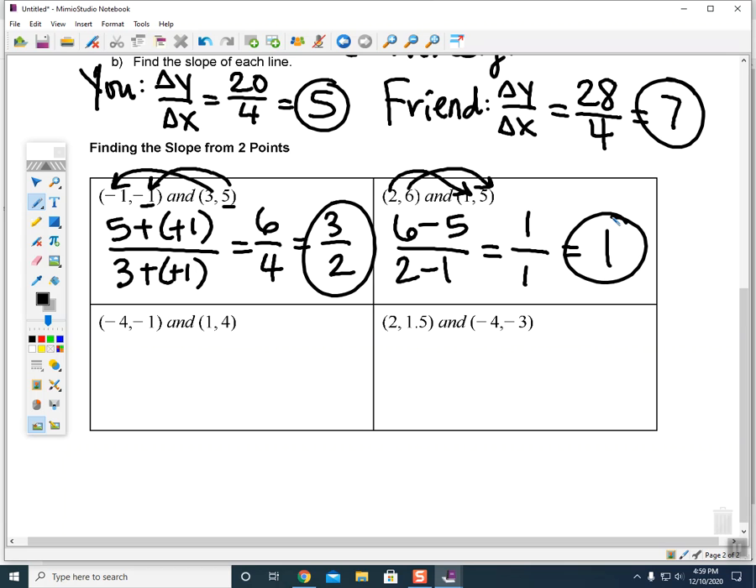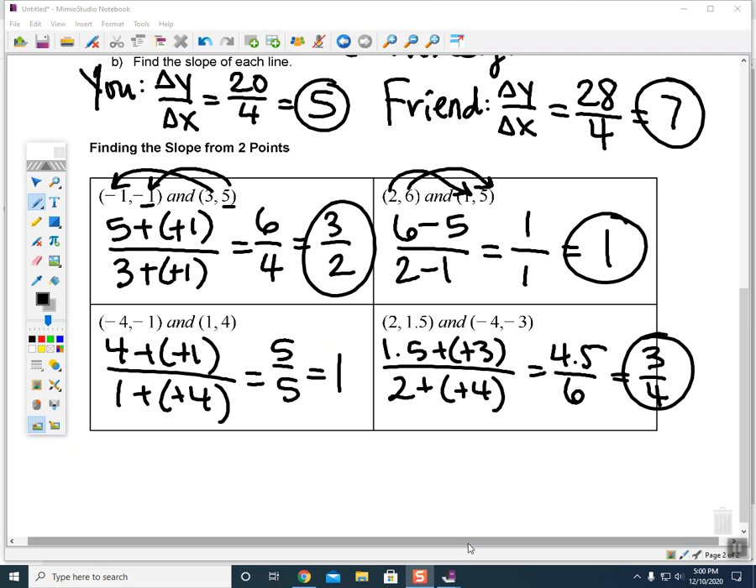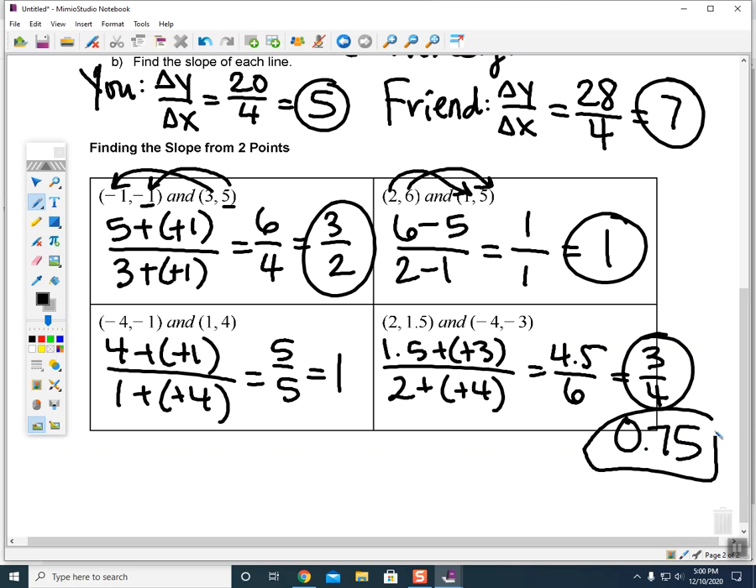Okay, go ahead and do the other two on your own, and then come back here and check your answers with me. All right, so you should have gotten 1 for the third one, and then 3/4 for the second one. If you had 0.75 because you did it in your calculator, that's not wrong, but